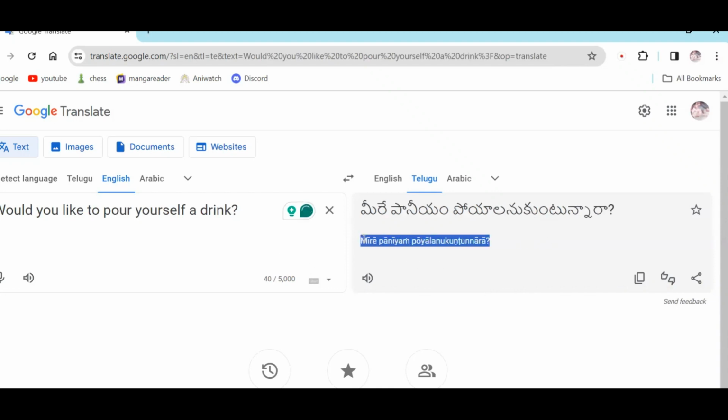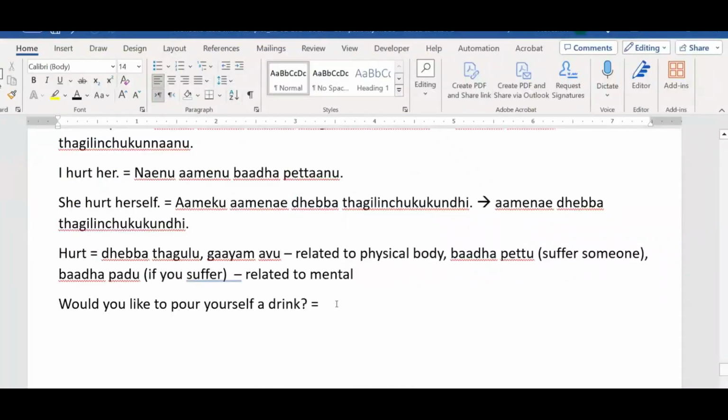Would you like to pour yourself a drink? Here it is mere. This one like yourself. Mere. Yourself. Glass low. Okay. So we can specify juice. మీరే గ్లాస్లో పండ్ల రసం